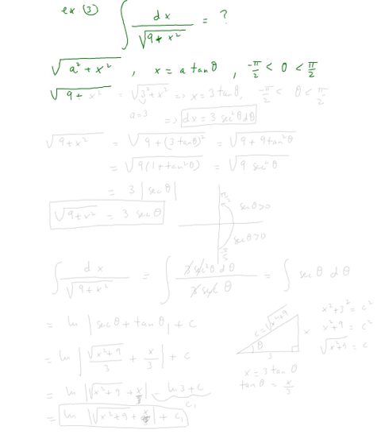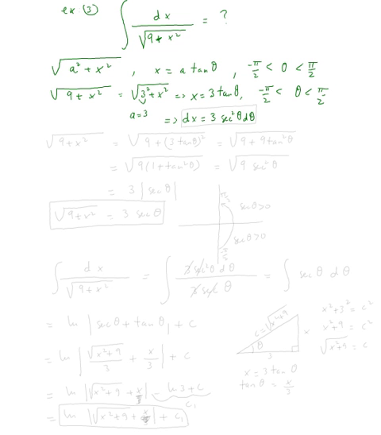Now, square root of 9 plus x squared is equal to square root of 3 squared plus x squared. So my a happens to be 3. Therefore, x is going to be 3 tangent theta, and my theta is between negative pi over 2 and pi over 2. If we take the derivative of x, then dx will be equal to 3